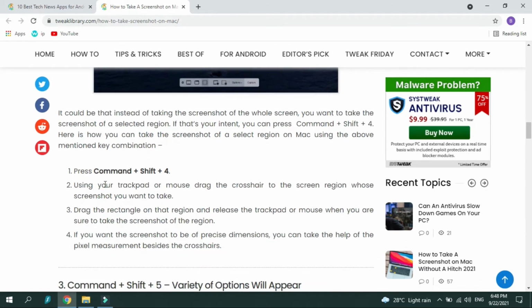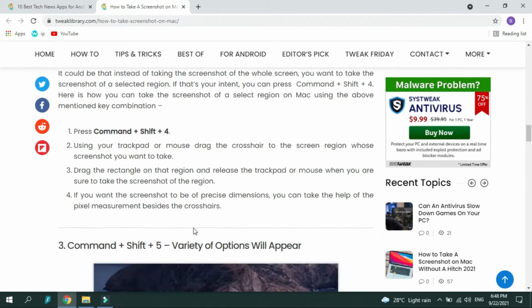Press Command plus Shift plus 4 using your trackpad or mouse. Drag the crosshair to the screen region whose screenshot you want to take. Drag the rectangle on that region and release the trackpad or mouse when you are sure to take the screenshot of the region. If you want the screenshot to be of precise dimension, you can take the help of the pixel measurement beside the crosshairs.